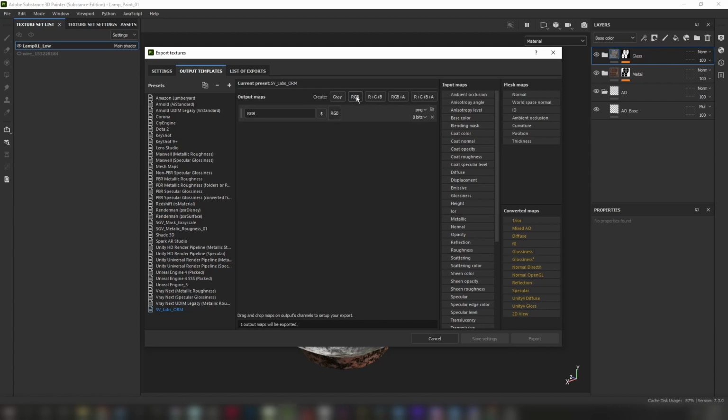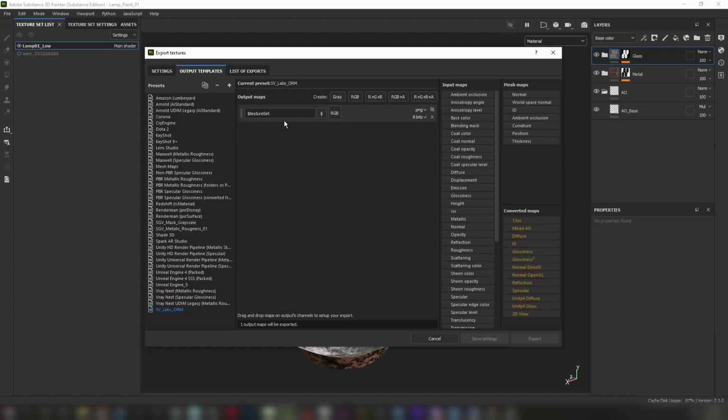So first click on RGB, and I'm going to rename it based on, click on this $ sign. It'll give you a template which shows what kind of name you want to give. Like, is it based on project, or is it based on mesh, or texture set, or UDIM? So I'm going to select a texture set. This is the texture set I have. So the name will be